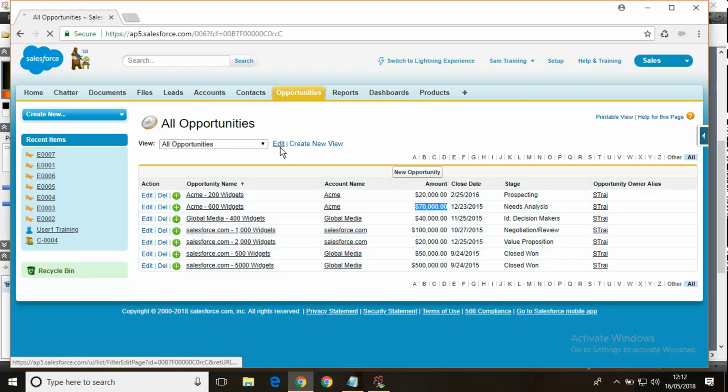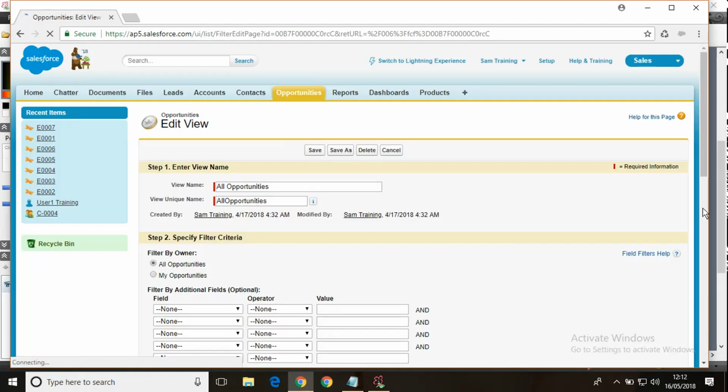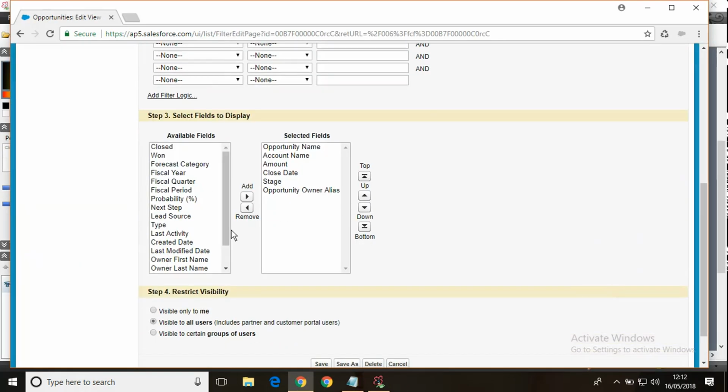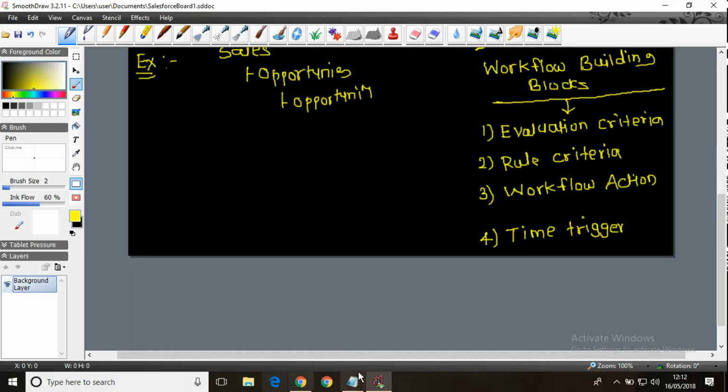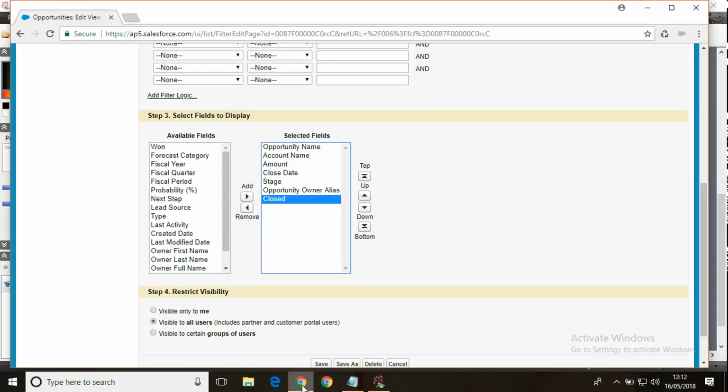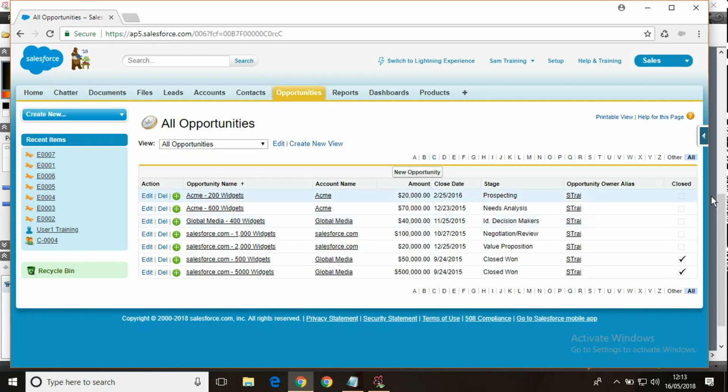Let me edit the view and you will see there is one flag which indicates whether the opportunity is closed or not. This one is a checkbox, a boolean flag. Let me save that and have a look at that opportunity. Here you can see that this opportunity is already closed.